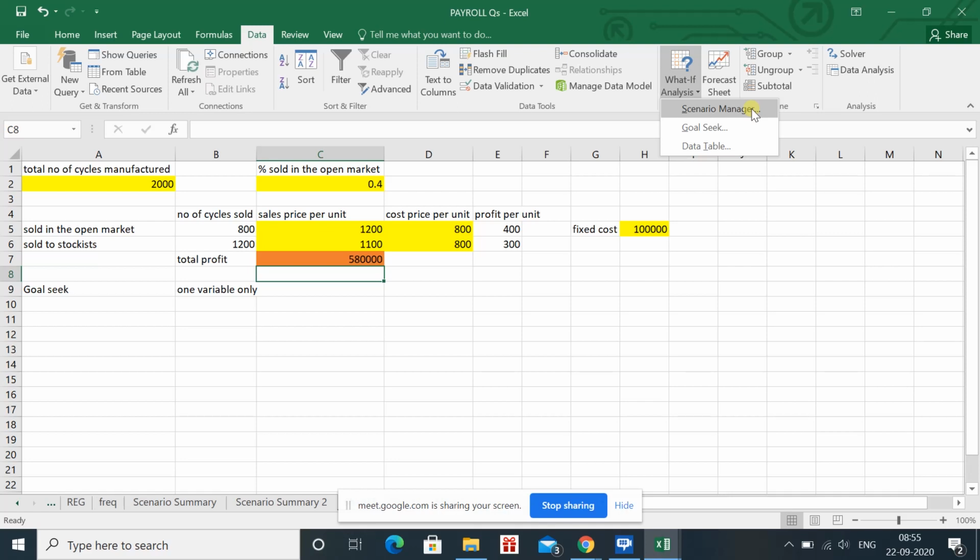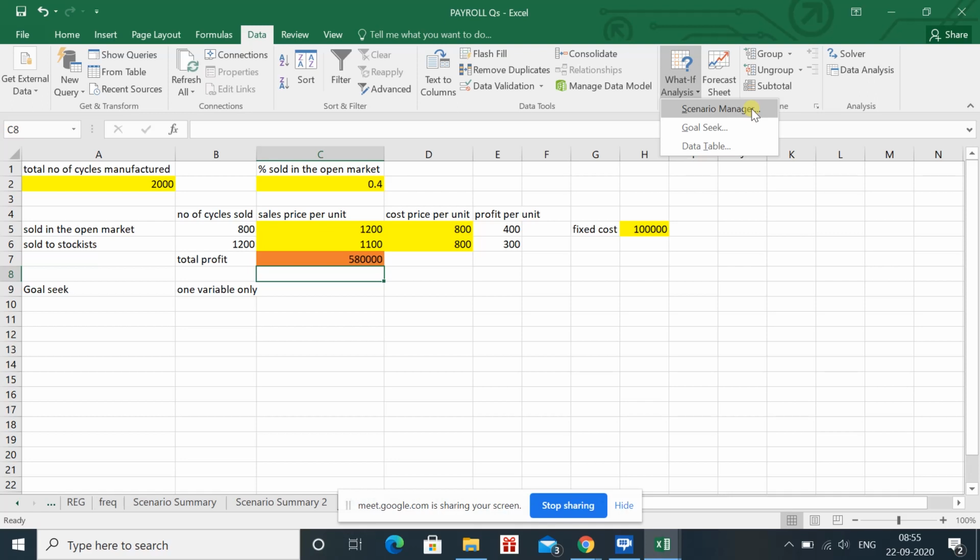As we know, the main objective of the organization is the maximization of the profit. So they will target the profit and they will try to see the change in one or two variables and what will be the impact over the profits. So in case of scenario manager, you will change more than two variables, meaning change in three variables over the profits. What will be the impact over profit when we are changing the three variables, that we will discuss in the scenario manager.